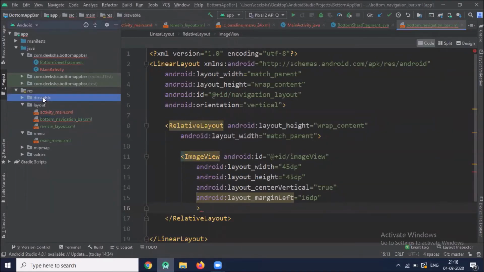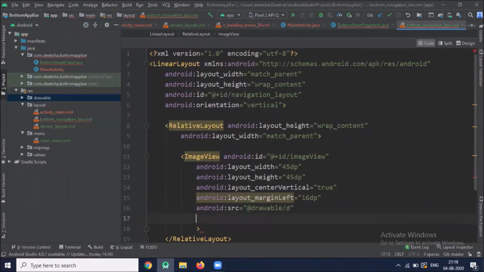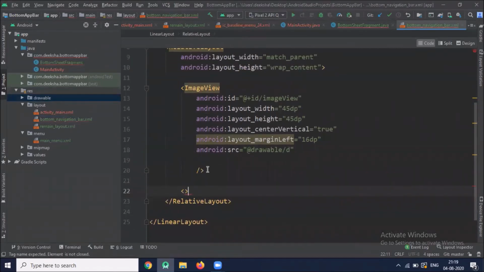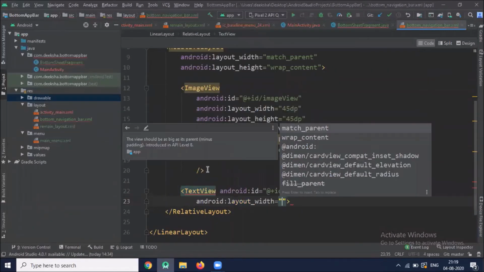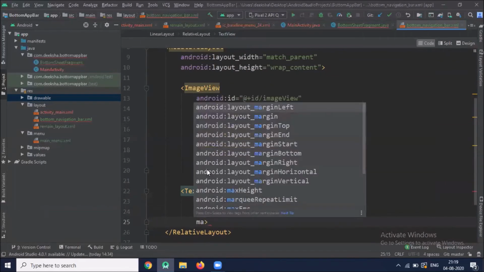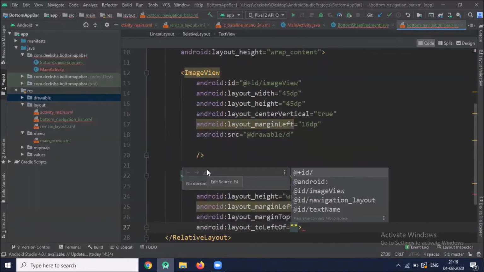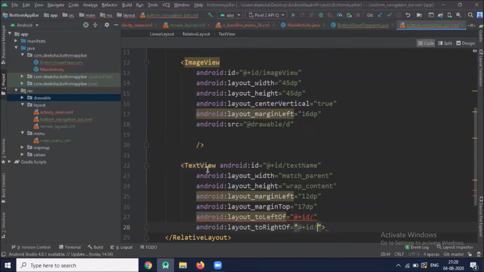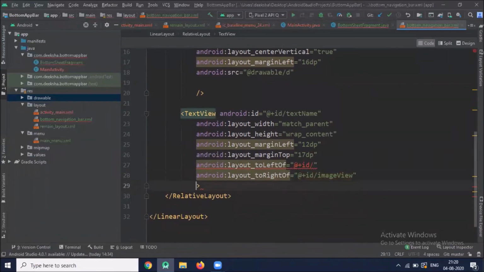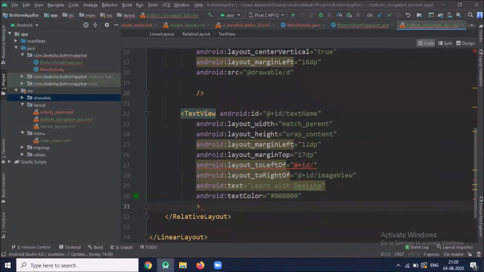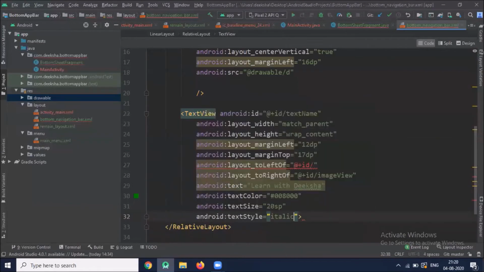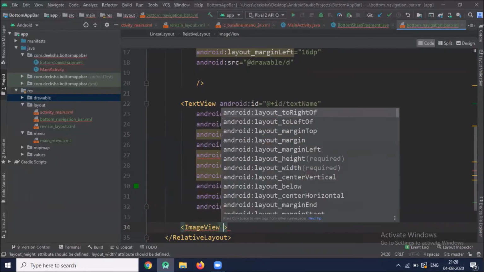Now in drawable folder we paste one image. Then add one text view. Then we add one image view.